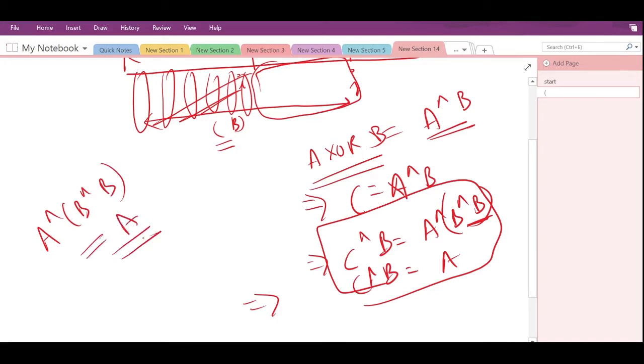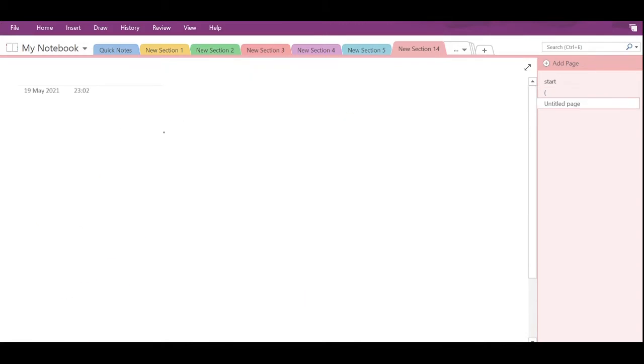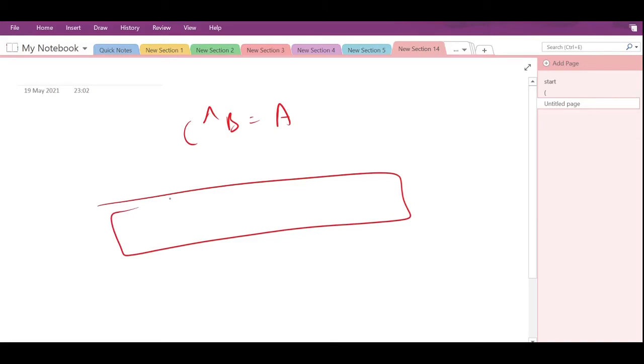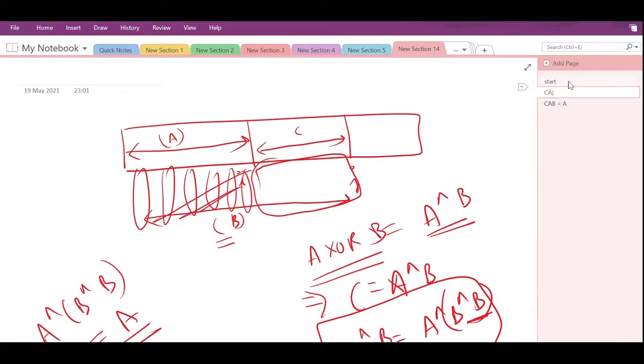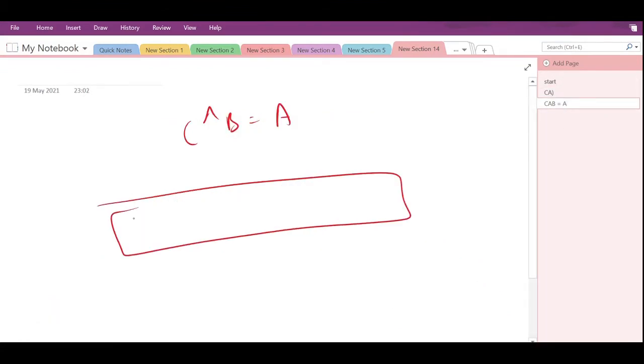This is a normal property of XORs. You can easily guess it. So c XOR b is equal to a. Again, what was c, let me check so that I don't make a mistake. So this is a, this is c, and up to here it is b.